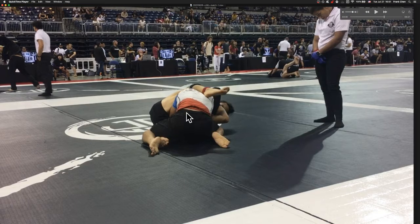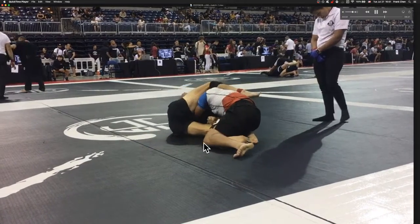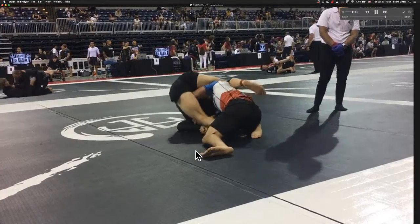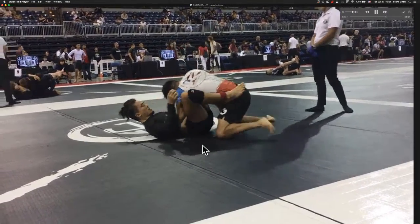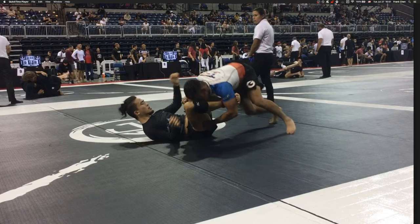I needed to be way more on my side, a little bit more, plus add a little bit of hip height in order for my foot to actually reach all the way there. So just a couple adjustments. And just being a little bit more aware of what your opponent's tendencies are. If you've tried a hot dog roll and it's failed two to three times after you've adjusted and tried again and again,